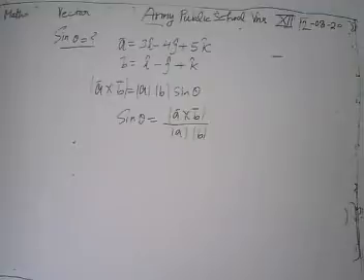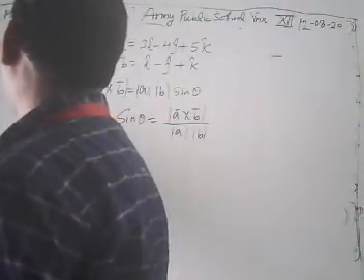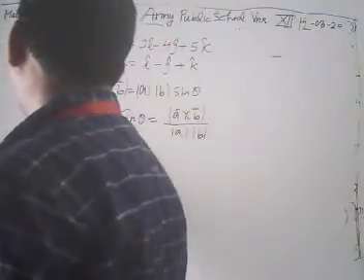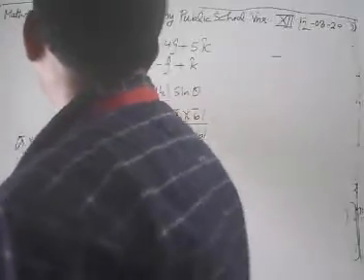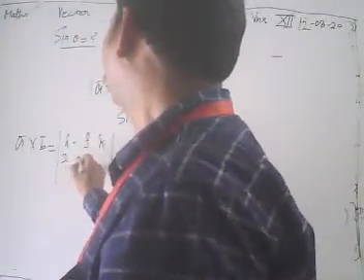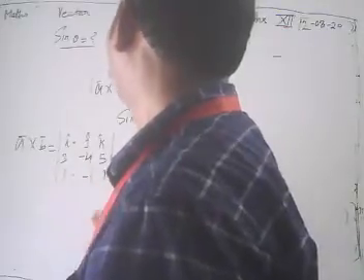Now look, we have to find out the sine of the angle there. First of all we have to find out A cross B. Then we have to find out its magnitude. So first of all we are going to find out vector A cross B. I cap, j cap, k cap. What are the values there? 3, minus 4, 5; 1, minus 1, 1.